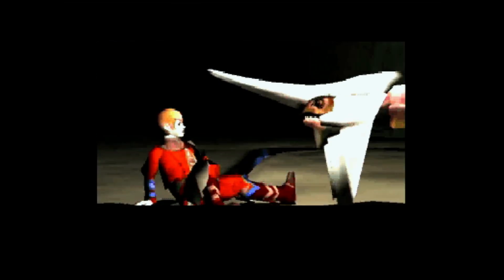Now I have to be honest, these weren't two games that I was going to compare originally, but I've had several people ask for the comparison video for Final Fantasy VII versus Panzer Dragoon Saga. Obviously Final Fantasy VII came out in January of 1997, Panzer Dragoon Saga came out a whole year later in January of 1998, so it's a bit of a mismatch in terms of time frame, because in one year video games change so dramatically, especially back then, and they're not really a similar style of RPG either,